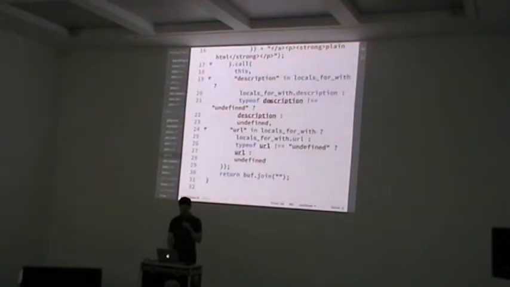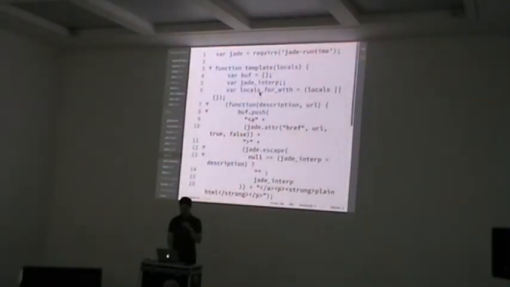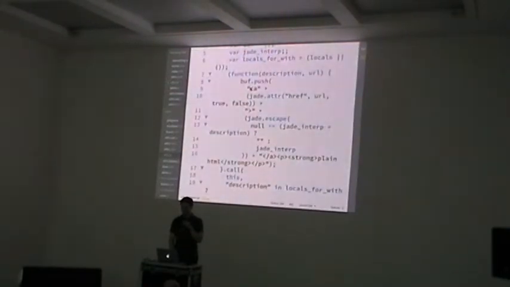It's then going to load each of these variables in and pass them to this child function. So in this case, it's loading locals.description and locals.url in here. And then it's going to push that anchor tag into our buffer as some actual strings with the attributes inline in there as additions. And then here we can see it doing some escaping, so it's saying if the description is equal to null, then just use the empty string, otherwise use the description, and then having done that, it's going to escape that description so that we don't allow any cross-site scripting if that description comes from a user, say,